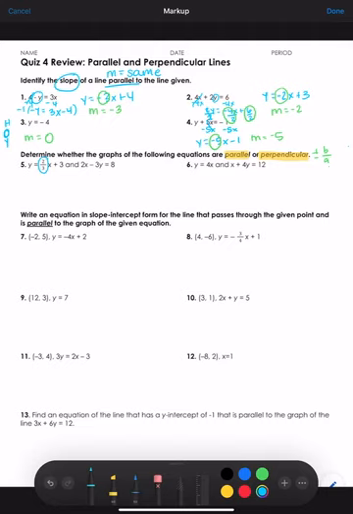Over here, though, the y is not by itself, so I'm going to move the 2x to the other side. I'm left with negative 3y equals negative 2x plus 8. In order to get rid of this 3, I'm going to divide everything by a negative 3. And I'm left with y equals, be careful here, negative 2 divided by a negative 3. Can't simplify because there's no common factors in terms of the numbers, but in terms of the sign, a negative divided by a negative becomes a positive